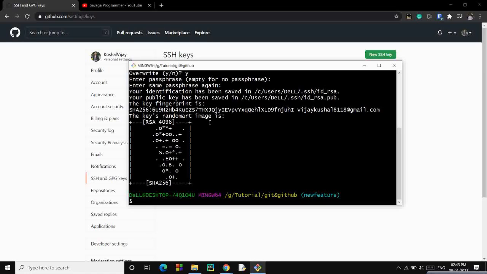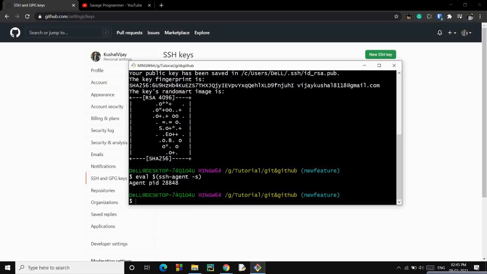So we have created the SSH key. Now we need to type another command to start the agent, eval ssh-agent. So it has generated the agent ID. Now we need to add this SSH key, map this SSH key to this agent, using this command. And this is the directory where we have stored our SSH key, .ssh